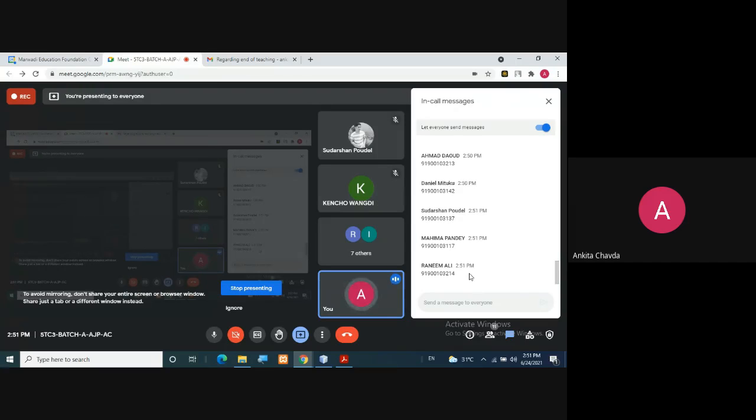Raneem, you cannot write your enrollment number. I said no, you were not there throughout the lab. You have just recently joined, just before 1 minute. So don't write the number. If you are attending the lab, you can write, else not. Yes, Sudarshan, you can write your number quickly if you have not. You have already written, so you may leave.